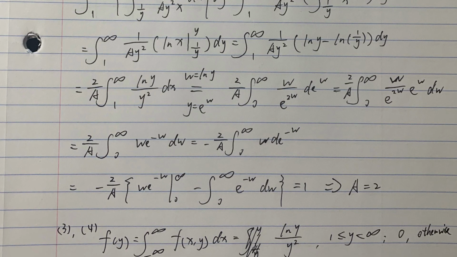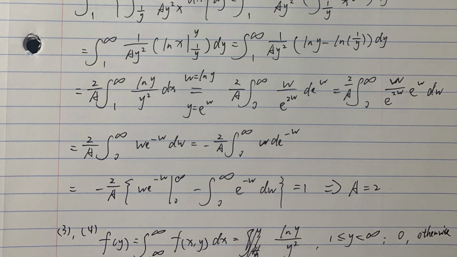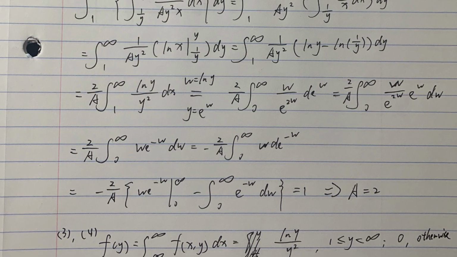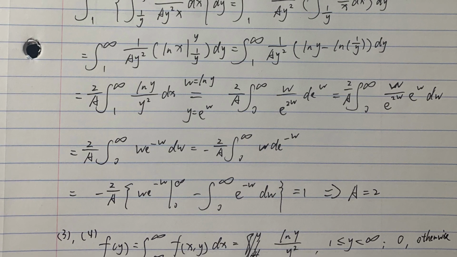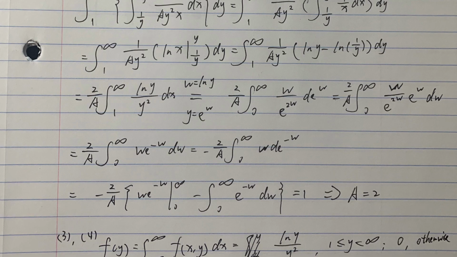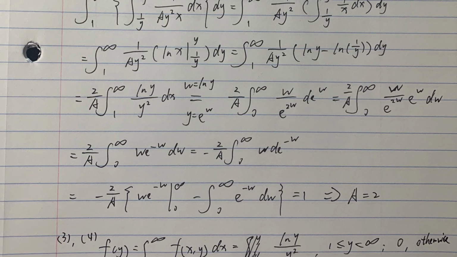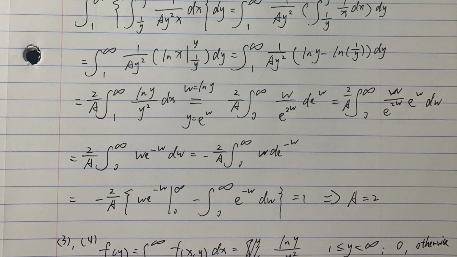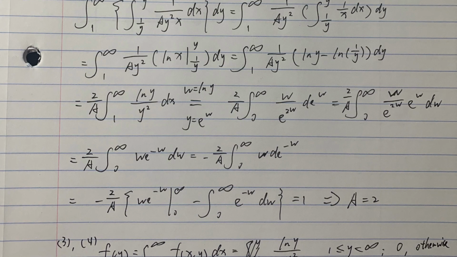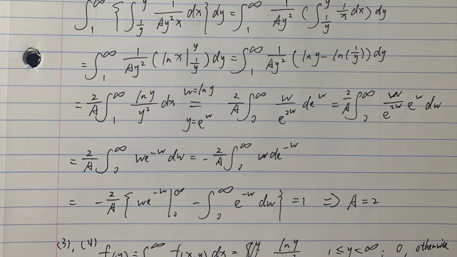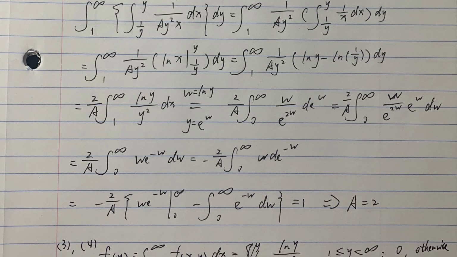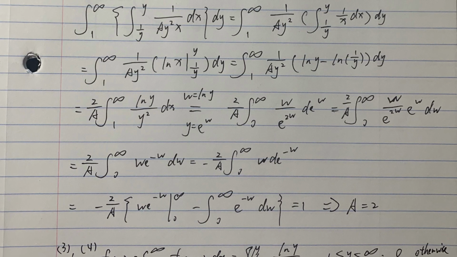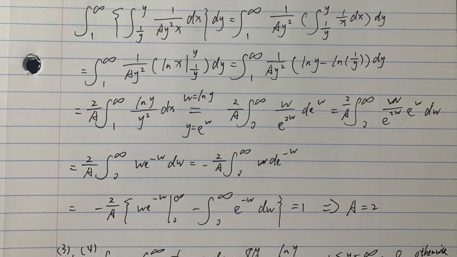And so we can get the integral from 1 to infinity, and the integral from 1 over y to y, of 1 over capital A multiplied by y squared multiplied by x, dx dy, equal to the integral from 1 to infinity of 1 over capital A multiplied by y squared multiplied by the integral from 1 over y to y of 1 over x dy, and we can get